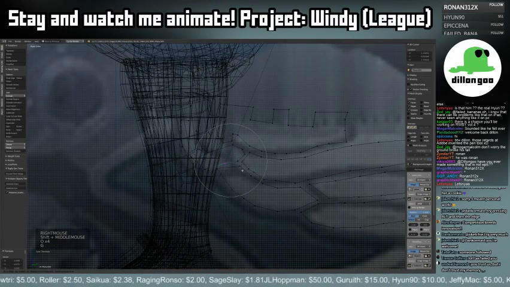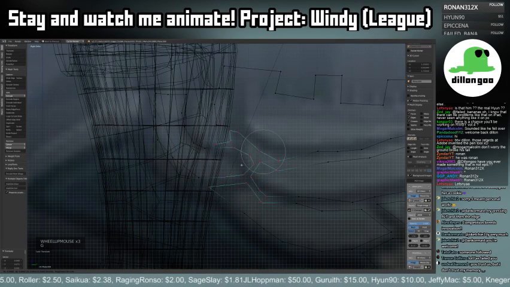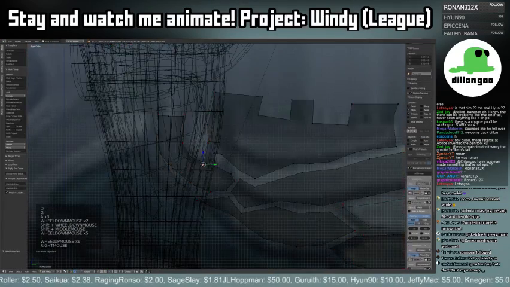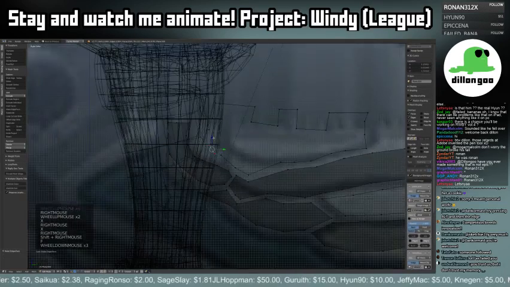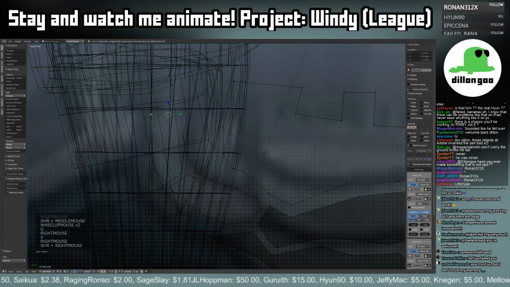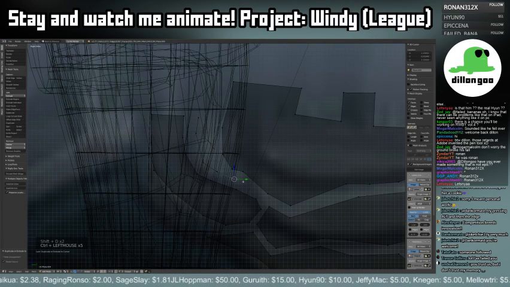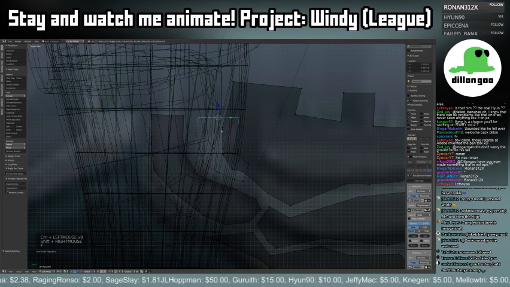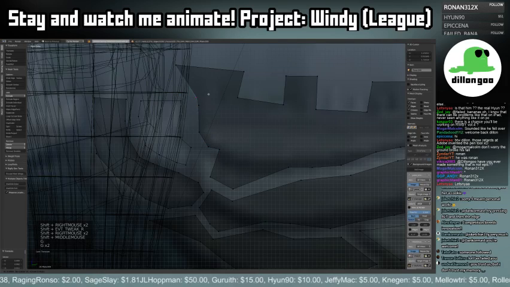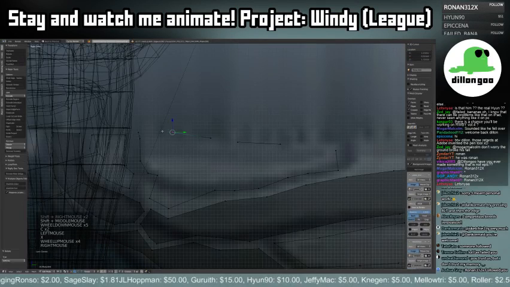I'm gonna go and turn on proportional editing for this bit because why not? That's fine there. Get all these guys filled out just so that I can get a better idea of where everyone is. Okay. There we go. Yeah, I don't really care about these little outliers here anymore, so I'm going to get rid of those. And then...